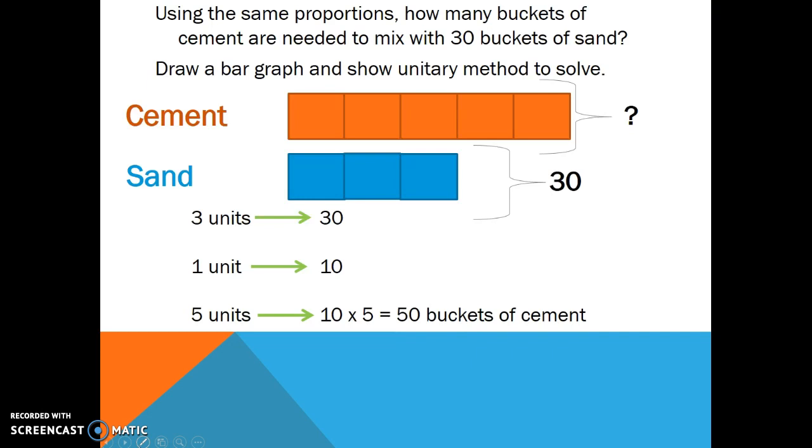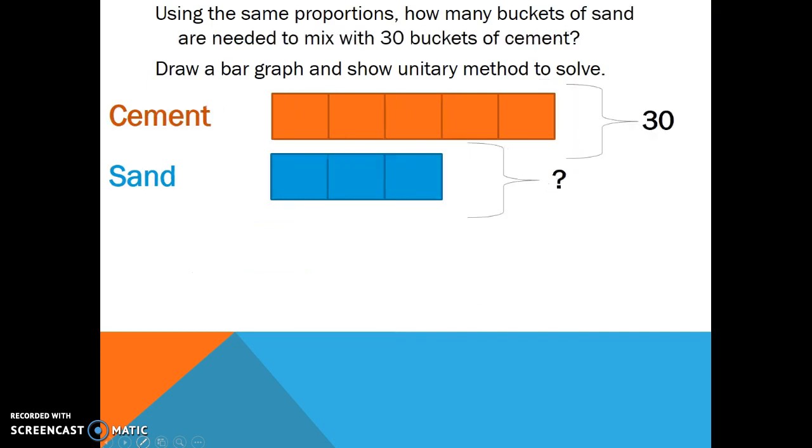Okay, now I want to use the same proportion, and I want to know how many buckets of sand are needed to mix with 30 buckets of cement. So my numbers are reversed this time, but my proportion is still the same. So I'm using the same bar graph with 5 units of cement and 3 units of sand, only this time 5 units equals 30, 1 unit is going to equal 6, and 3 units will equal, oops, I have a